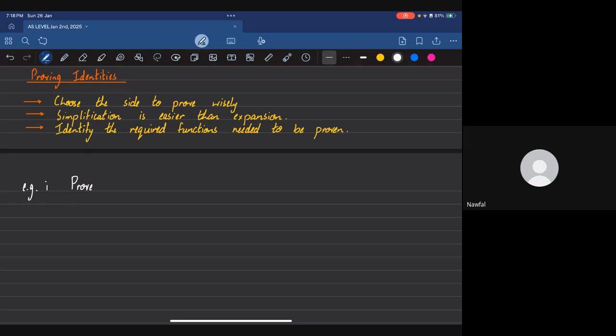So it says prove or show that 1 minus cos square x over tan square x